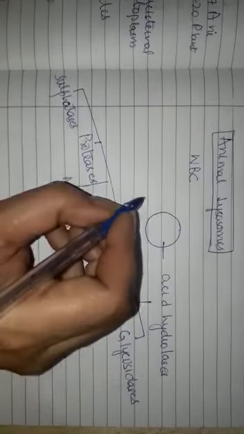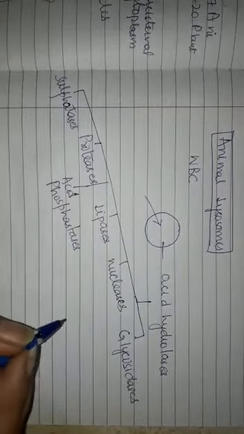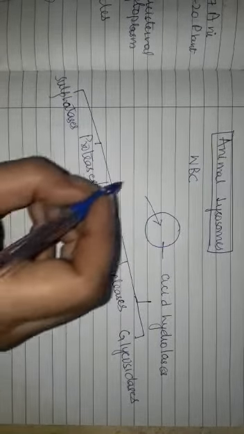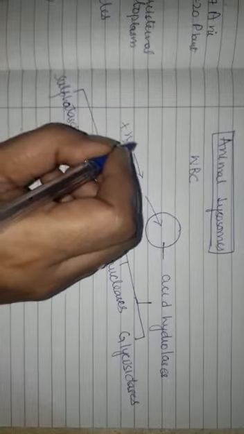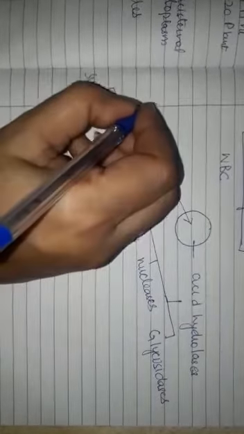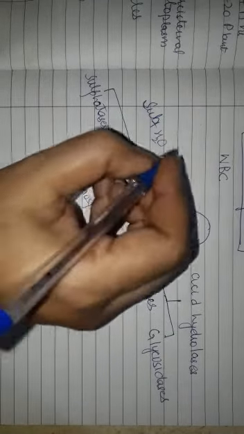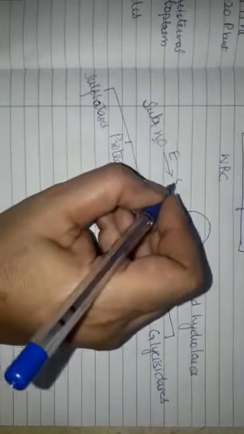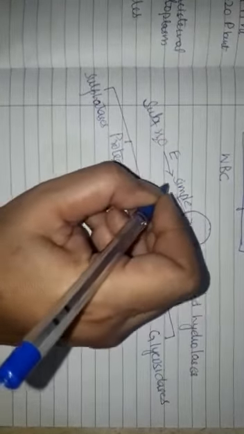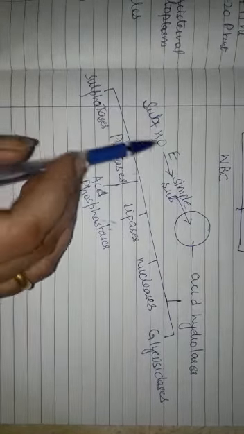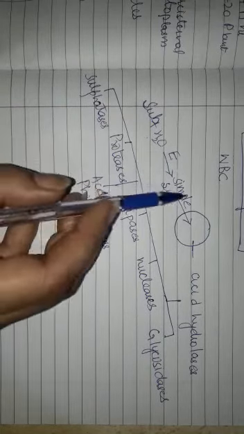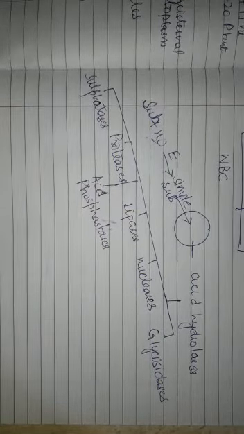The materials to be digested, when they enter inside the cell, are broken down by the enzymes into simpler components by hydrolysis. This means the substances which enter inside the lysosomes for their digestion or degradation combine with water, and in the presence of enzymes they are converted into simpler substances. For example, proteins will combine with water in the presence of proteases, and they will get converted into amino acids.